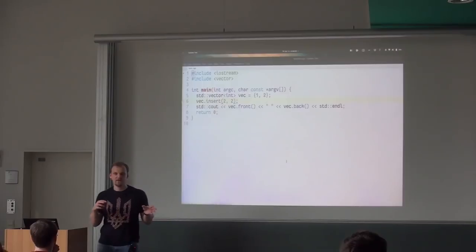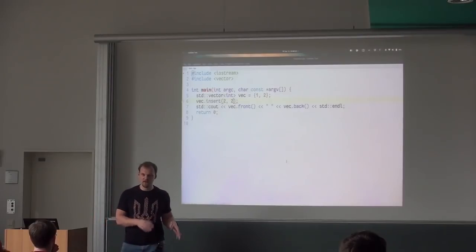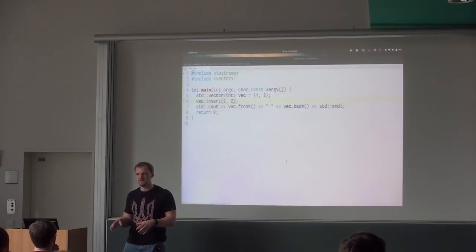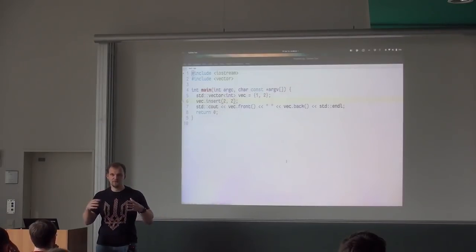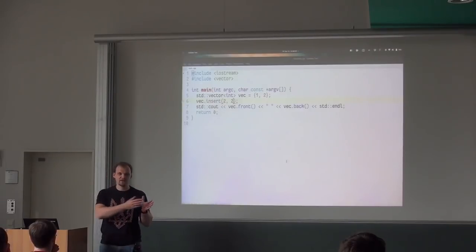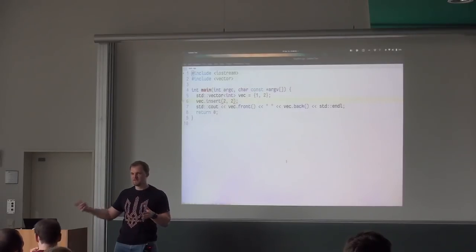Under the hood, there is a bunch of things that the vector does that are pretty complex. I don't want to go into them now, but we will discuss them a bit later. There is a thing that we won't really go deep into now, but it's called an iterator. An iterator just iterates over a vector, and this iterator can be passed here.